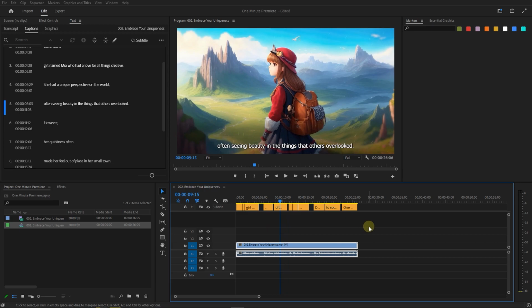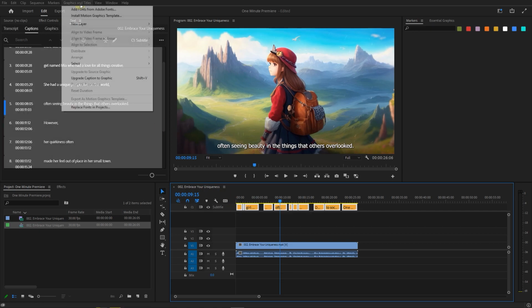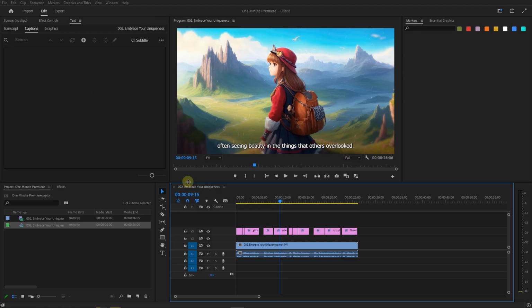Now we have the captions, but we can't apply any effects to them. To be able to apply effects to them, first we need to convert them to text layers. Select all of the captions, then from Graphics and Titles menu, select Upgrade Caption to Graphic. And now all the captions are converted to text layers, and here for example we can apply a simple transition